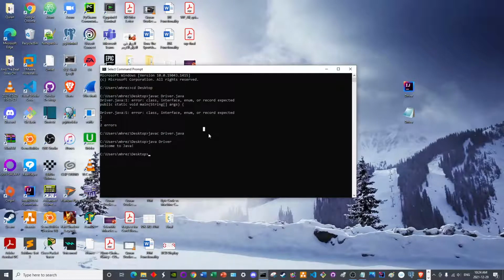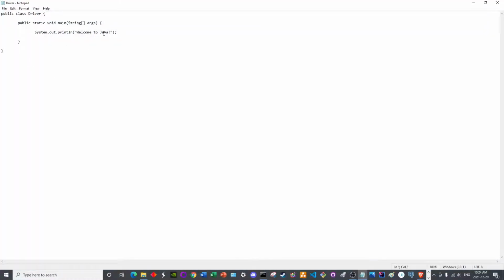That is because Notepad is not an IDE or an integrated development environment. It does not notify you of mistakes that you commit while typing the source code. For example, if I forget this semicolon at the end of this command or this instruction, Notepad will not notify me of the error, because we must end any instruction or command or declaration in Java with a semicolon. So if I forget the semicolon here, for example, or if I forget the class declaration as I did earlier, which was intentional,